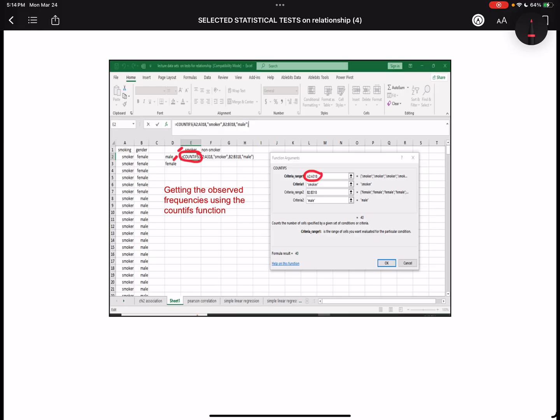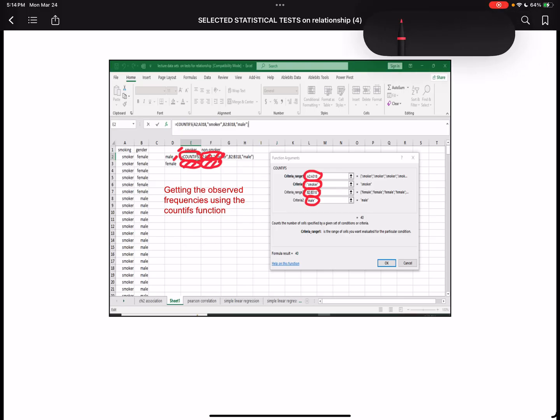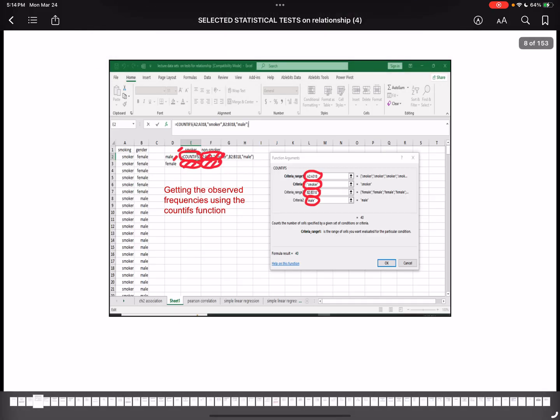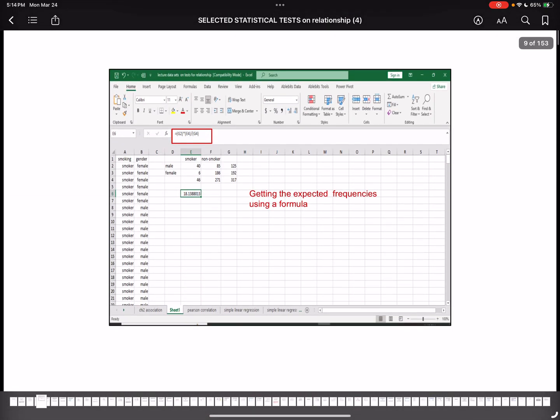na mga cells. And then, criteria 1 would be smoker. And then sa column B naman, okay, dapat male. Okay? So, kapag dito naman sa next na cell, kailangan naman dito is non-smoker male. This one is female smoker and this one is female non-smoker. So, ulitin nyo lang yung countifs function for those. Papalitan nyo lang ng criteria. Okay? So, next, kapag naset nyo na yung mga